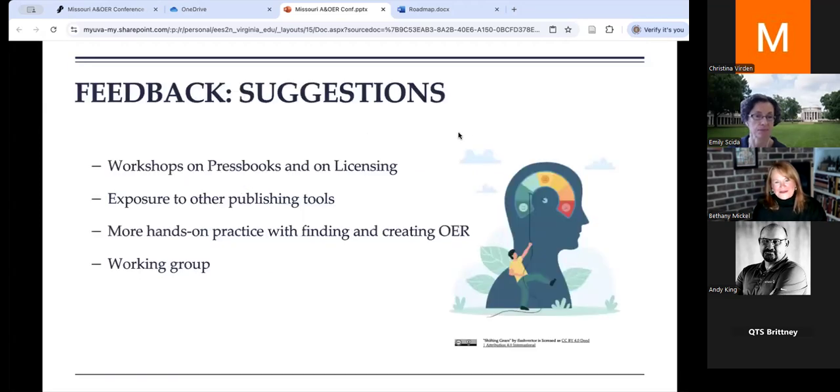So during the final session of the learning community, we asked participants to complete an anonymous survey and provide us with feedback, always important. Some of those suggestions included workshops that lean into sticky issues around licensing. So having some more offerings beyond the community, especially with the advent of increased AI usage, questions around copyright. A session on Pressbooks, which we have an institutional license for: how do you get started? And we do offer some of these sessions, but maybe more advertising is clearly needed on our part.